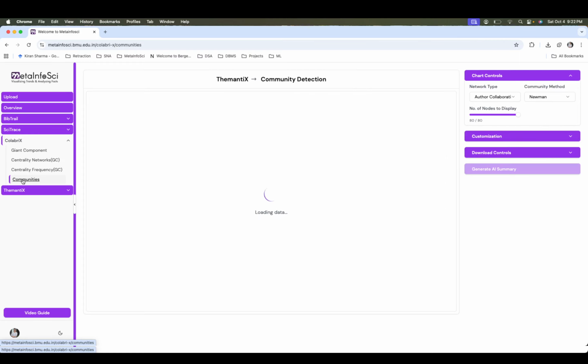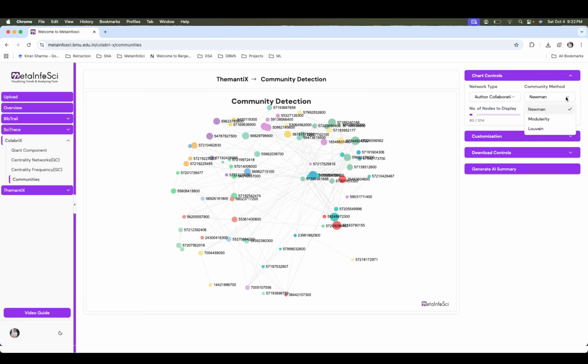The next option is the communities. So in communities, we worked on three types of community detection: Newman, modularity, and Louvain. These are all network measures you need to understand before using any of the community methods. Based on some similarity values, it gives us which community the nodes belong to.